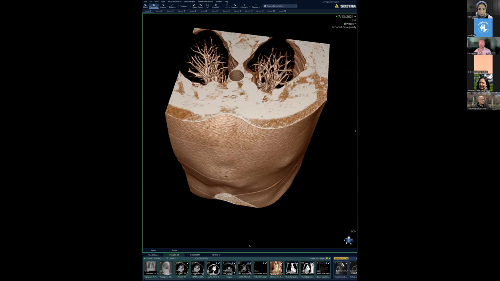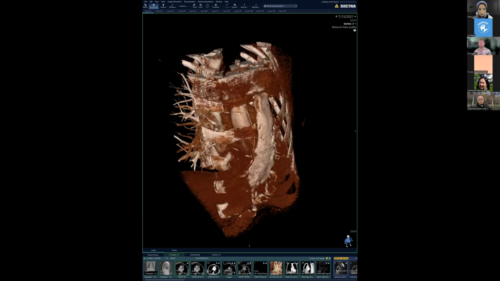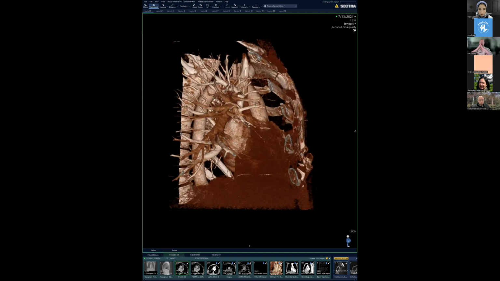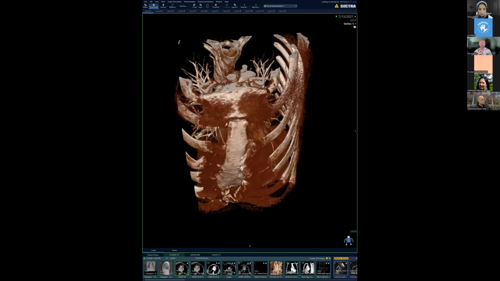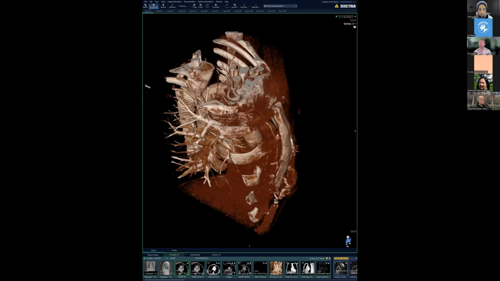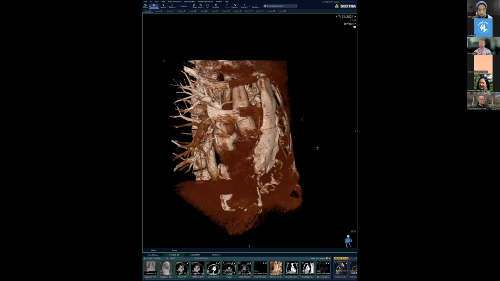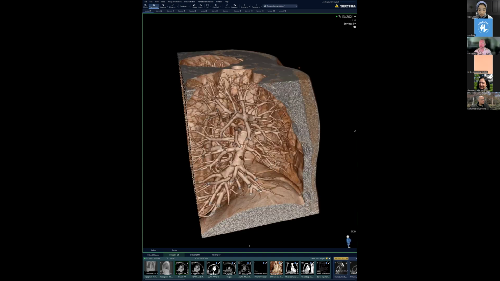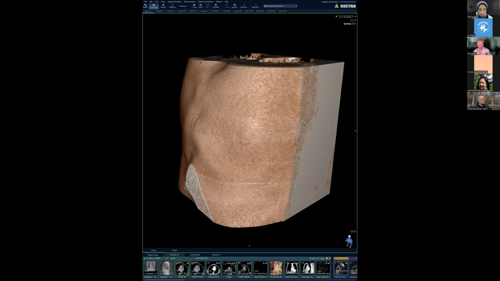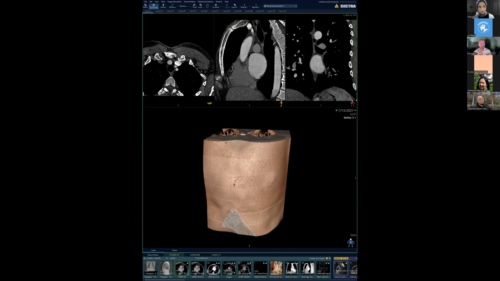And this chest wall abnormality is called pectus carinatum. Like the carina has this shape, right? So it sticks out. And instead of having a pectus excavatum, when it's caved in or excavated, the chest, in this case, the sternum sticks out anteriorly and causes this kind of a chest wall deformity where the patient has these outward bumps on the chest. This patient also had Marfan syndrome, like I mentioned, and